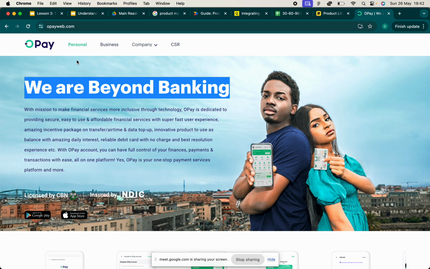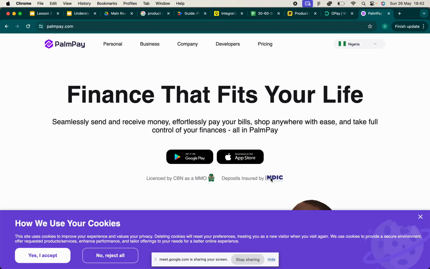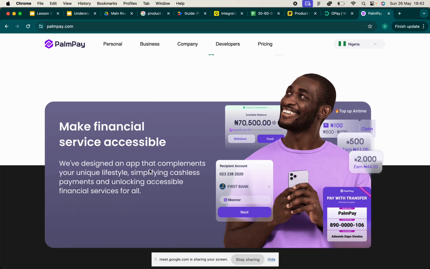They took advantage and designed the OPay banking platform. As a result, that is why you and I can go on OPay and create a bank account in less than 5 minutes. We can also do the same on PalmPay. It's exactly the same. I can come on here and create a bank account really quickly. What do I need?